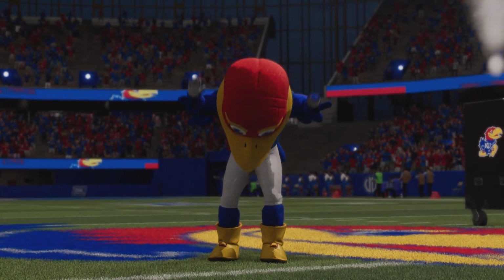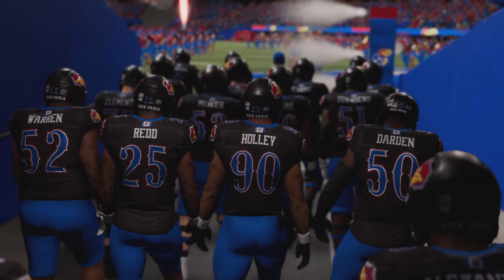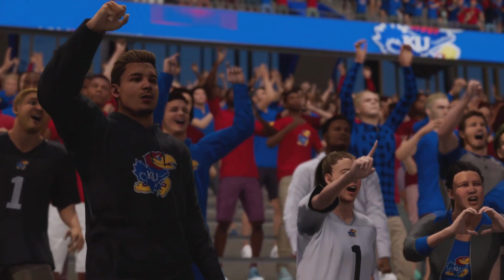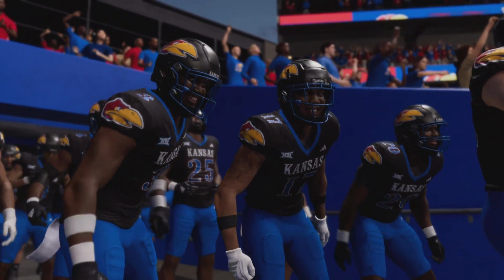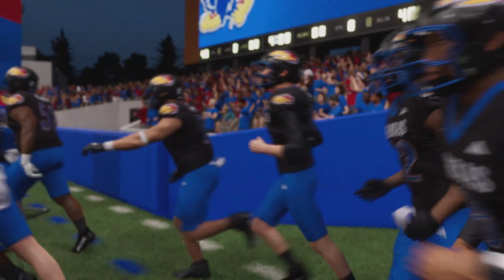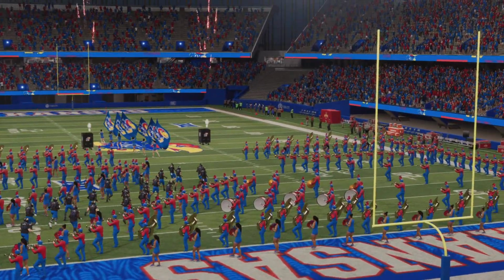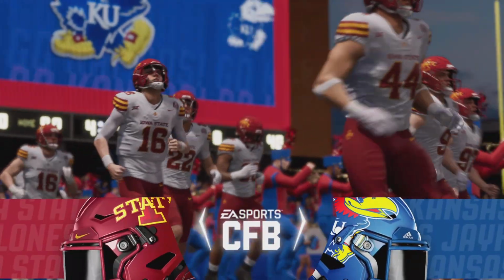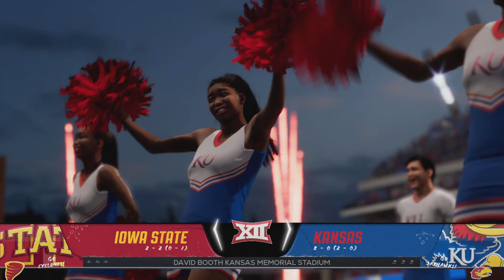Welcome to Lawrence, Kansas, and pay heed all who enter, and beware, these Jayhawks can play a little football too. Today, a couple of squads here to square off in a Big 12 showdown. As we'll see, the Iowa State Cyclones taking on one of the top teams in this conference, the Kansas Jayhawks. For EA Sports College Football, I'm Reese Davis, joined here in the booth by David Pollack and Jesse Palmer. And guys, let's get this thing started.